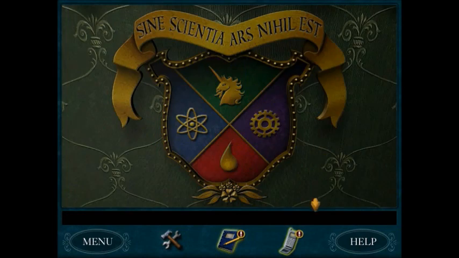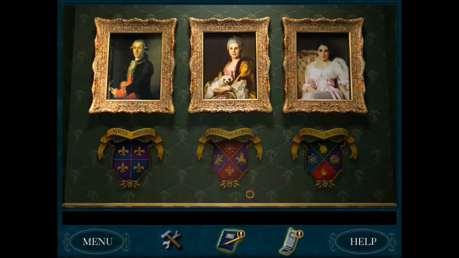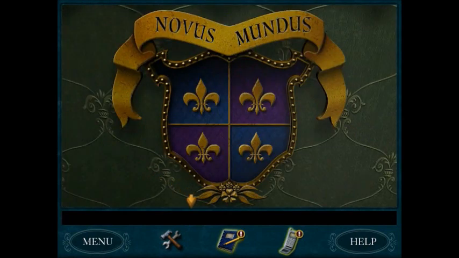Like, that one doesn't have anything on it. It has a teardrop, but it doesn't have anything on it. That one we already did. That's the Pegasus. That's nothing. It's just a